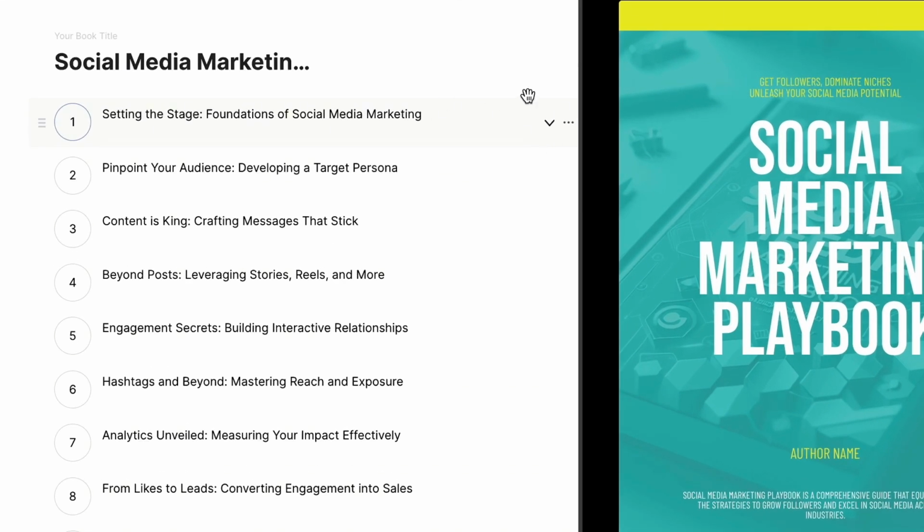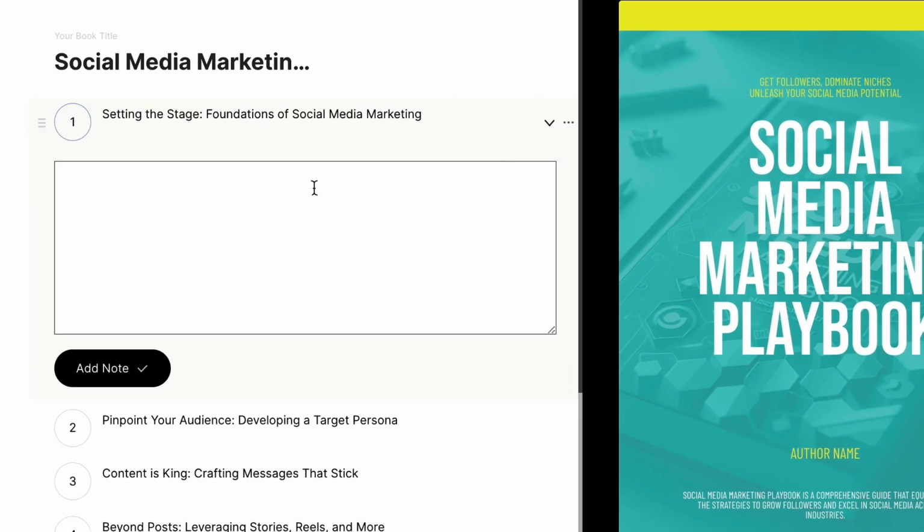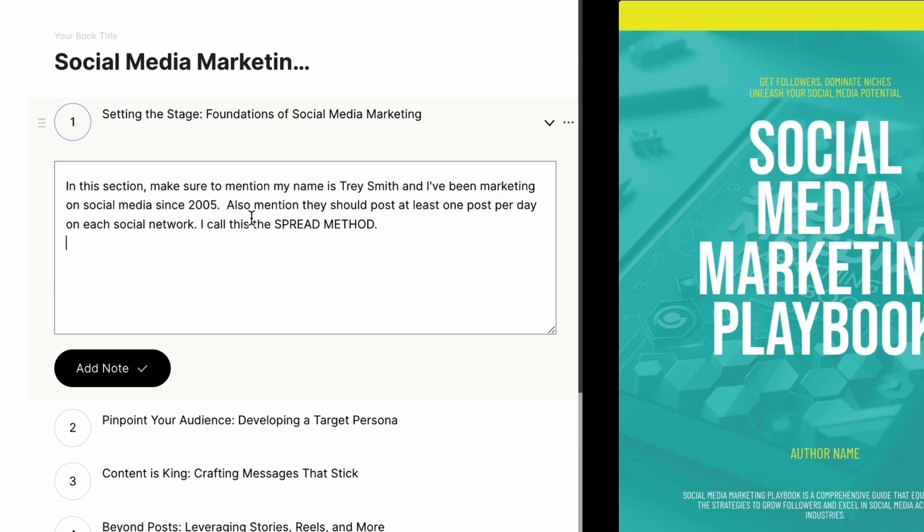Now, I wanted to make sure we had an introductory paragraph, and we do, setting the stage, foundations of social media marketing. Here I'm going to put in something because I want to add a little bit of my flavor, my uniqueness to this book. So I'm going to say in this section, make sure to mention my name is Trey Smith, and I've been marketing on social media since 2005. Also mention they should post at least once per day on each social network, and I call this the spread